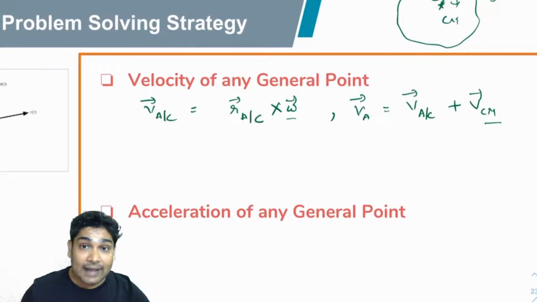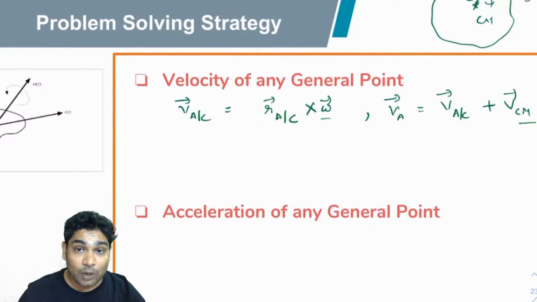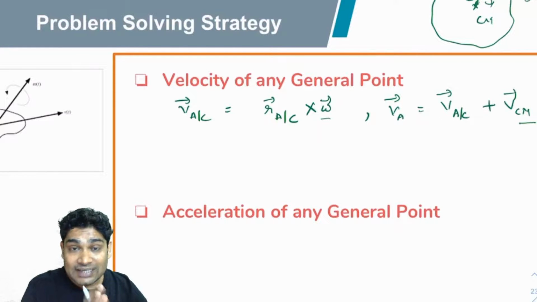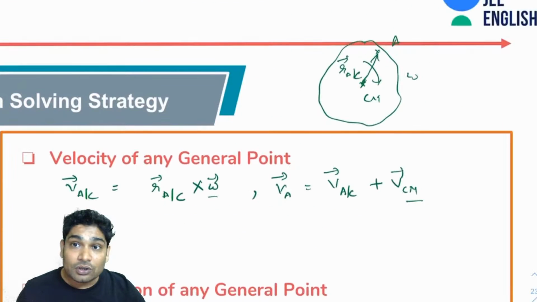Alright, similarly, let's see how you find the acceleration of any general point. Acceleration is again very simple. First, you move to the reference frame of the CM, see the acceleration of any point from the reference frame of the CM, and then you add the acceleration of the CM. So for this,